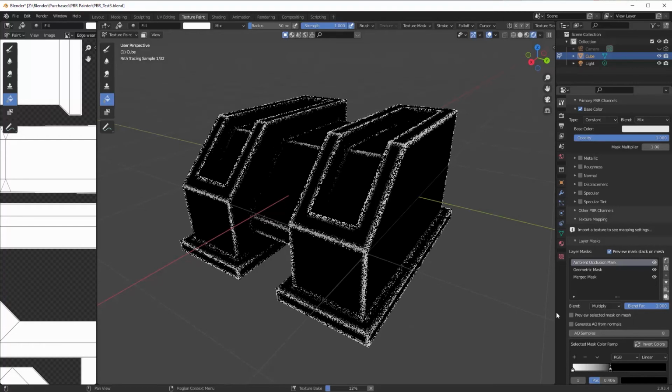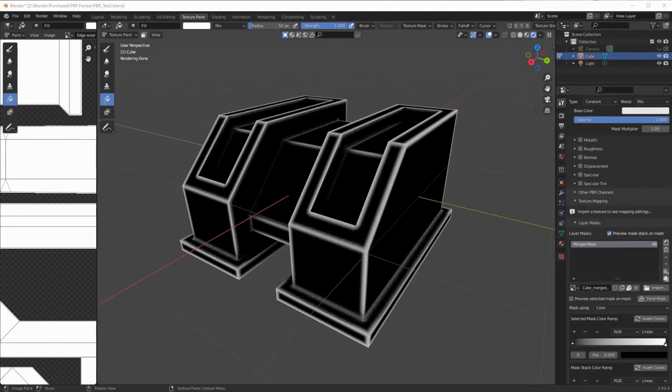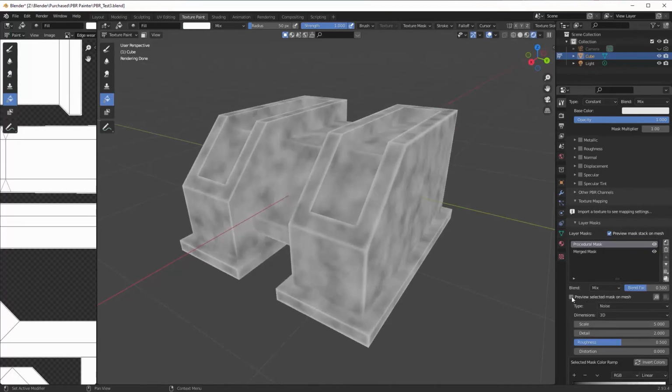Wait for that to bake. And now that's done, we need to create another mask just to break this one up. Before I do that, let's just save what I've got. So this one here, we'll just do the usual procedural mask, preview on